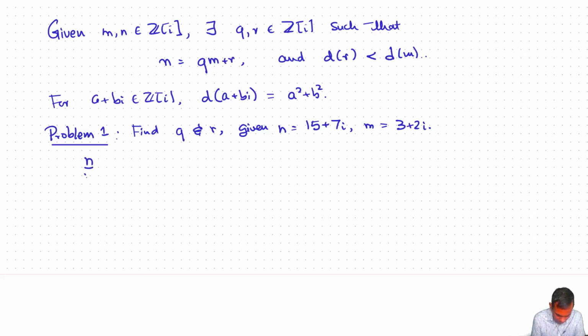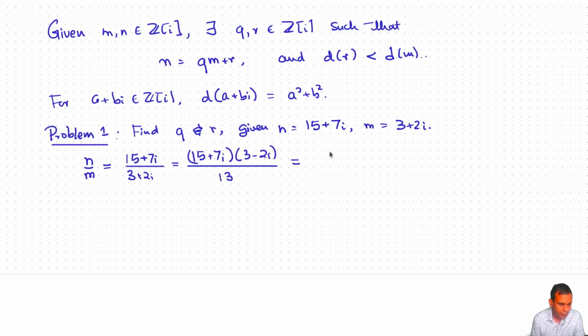So n by m is 15 plus 7i divided by 3 plus 2i, and we know how to do that. That's 15 plus 7i multiplied by 3 minus 2i divided by 3 squared plus 2 squared, which is 13, and that's